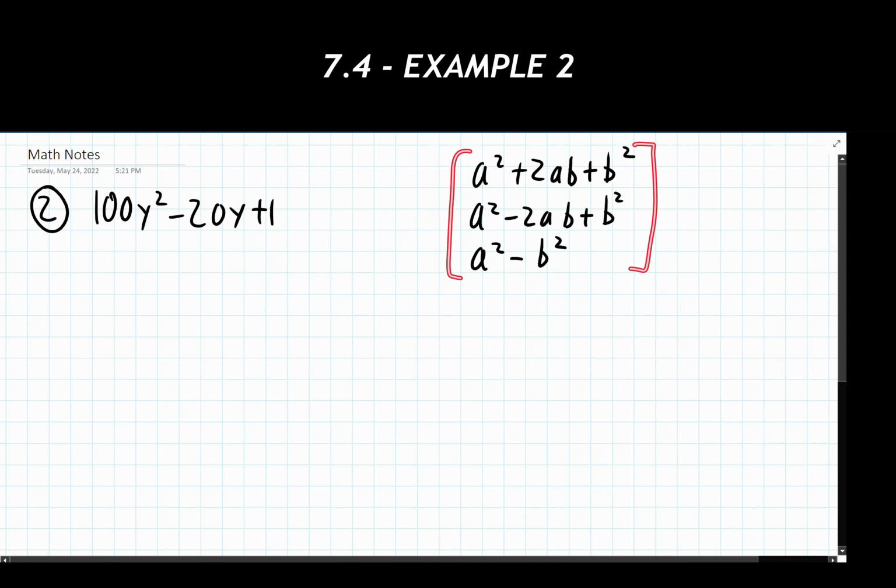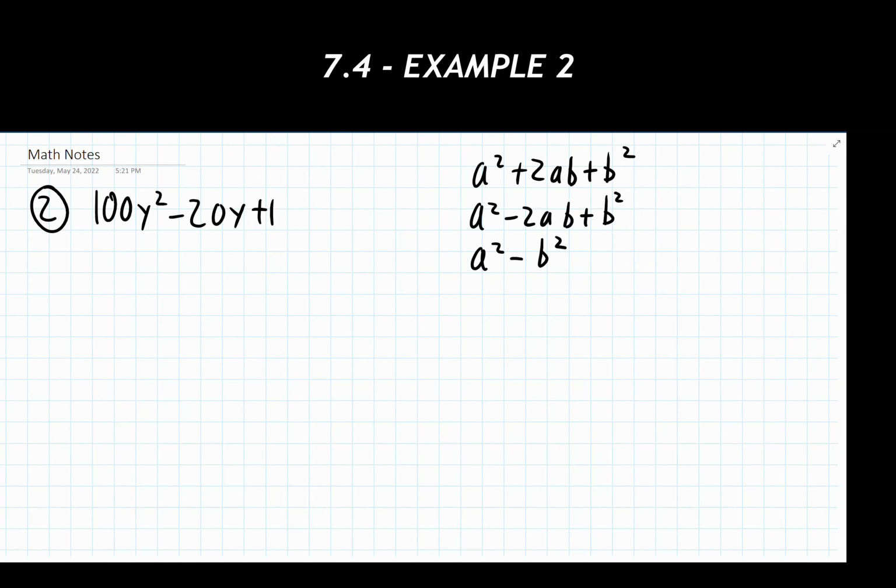Now again, like we did with example 1, let's use the process of elimination just to kind of narrow down which potential thing we're looking at. This polynomial has 3 terms, so right off the bat we know it's not the difference of squares, so we're good there. And then I'm looking at the middle term and noticing that it has a subtraction sign showing up in that, so it can't be this first form that we have, it has to be the second one.